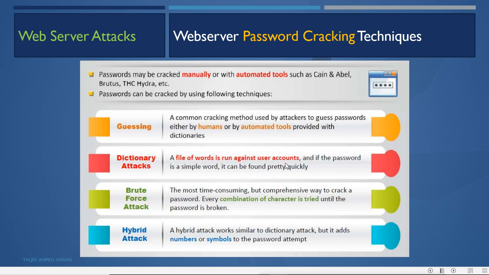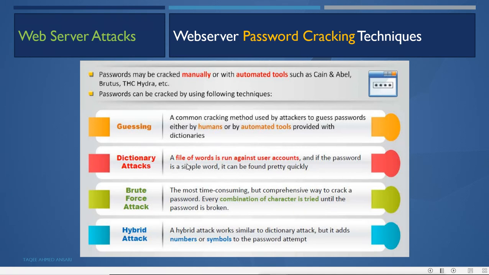If a password matches, it will be logged in, and when it is logged in, it can do anything. So if the password is a simple dictionary word, it can be cracked by the dictionary attack.